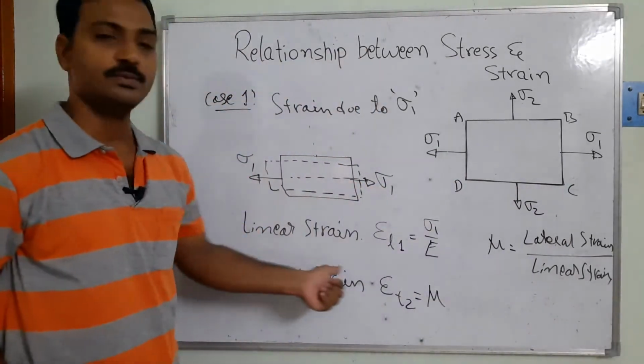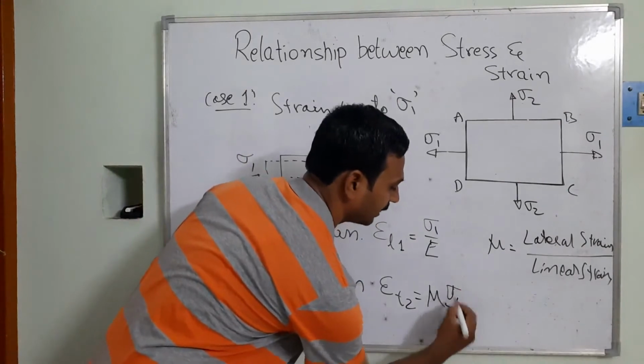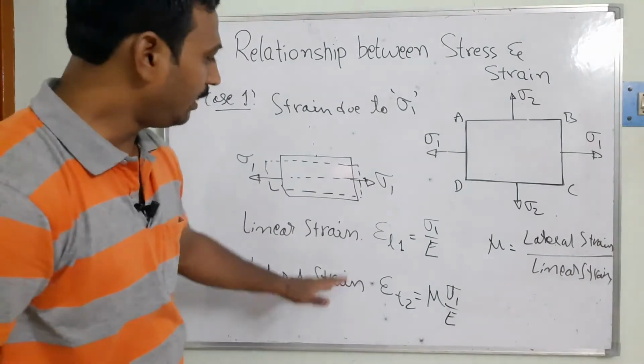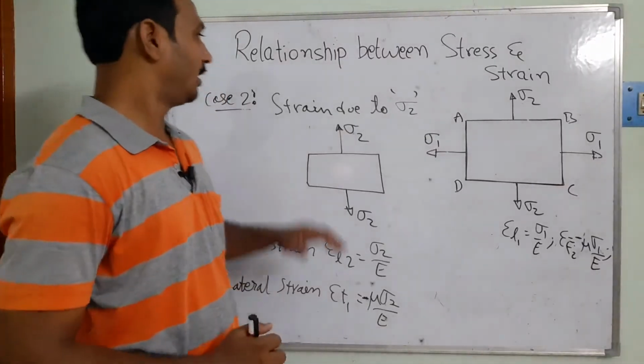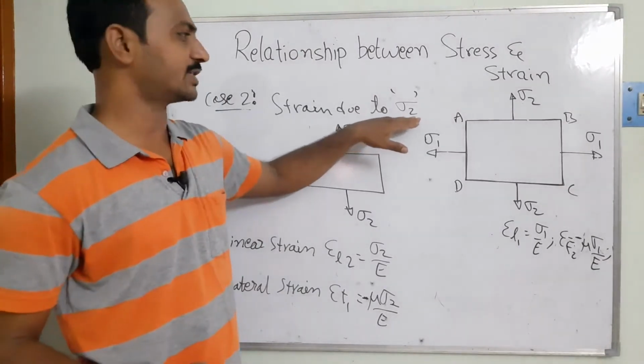What is the linear strain in terms of this one? That's going to be sigma 1 by E I am going to be taking. So these are the strains developing due to the sigma. Now we will see here the case 2, the strain due to second stresses. Can you see